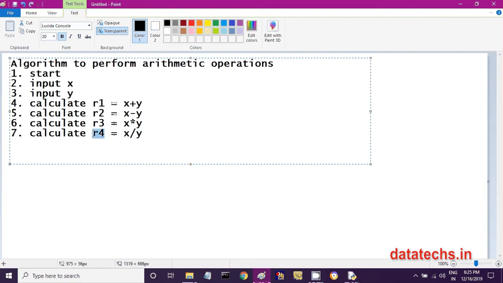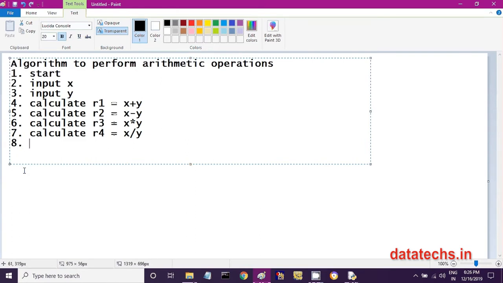That result I am storing into R4. So these are the four operations I want to perform. Please remember, this plus is called addition operator, minus is called subtraction operator, star is called multiplication operator, slash is called division operator. So all the four operations we have done.